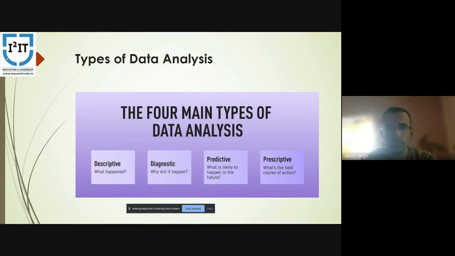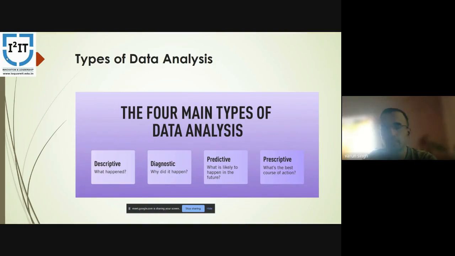That is, we will be analyzing the historical data in the descriptive analysis. Then in the diagnostic analysis, we will be finding the cause, that is why it had happened in the past, from the data which we have.